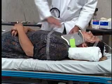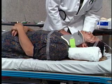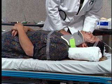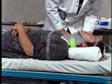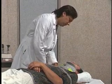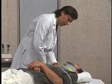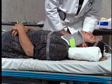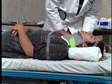Sense of the patient. Sir, do you know where you're at right now? Yes. Where are you at? I'm at the Yukon Health Center. Do you remember what happened to you? I was in an accident. Good. You're going to be okay here. There are a lot of things happening to you all at once, and we're going to be cutting off your clothes and examining your entire body. So I want you to try to relax and just help us as much as you can,